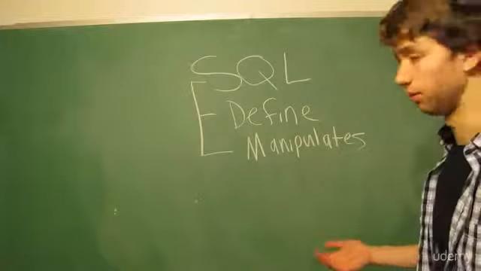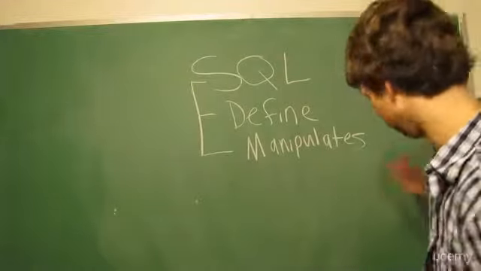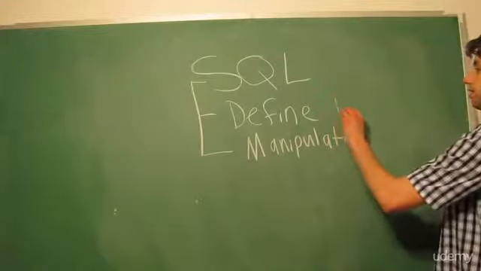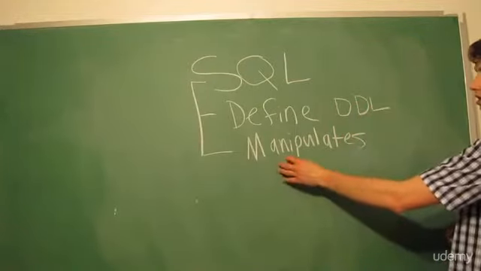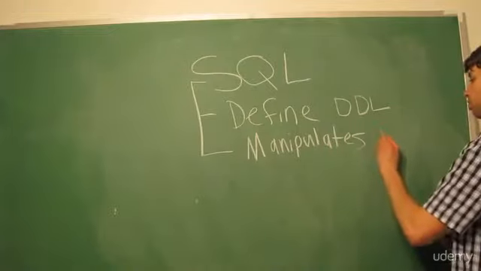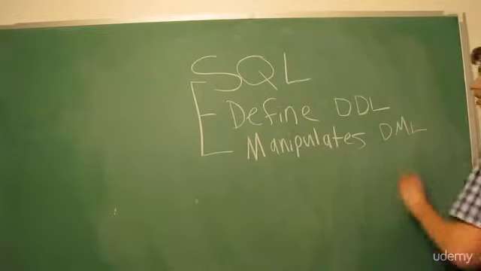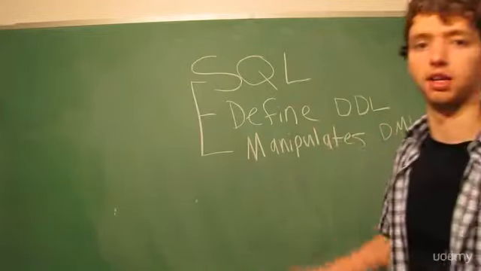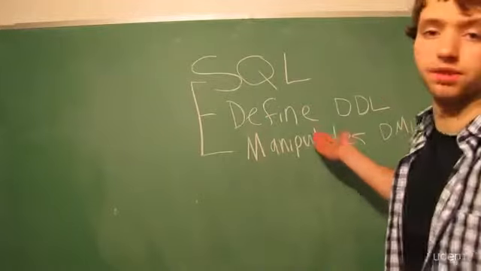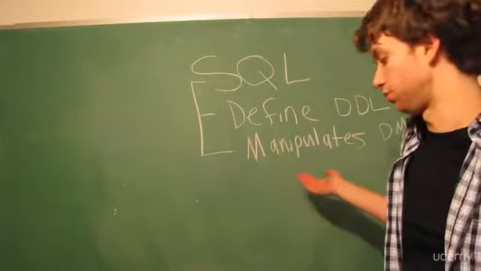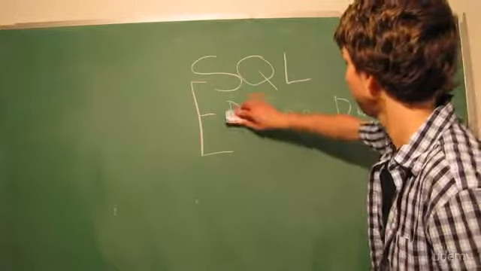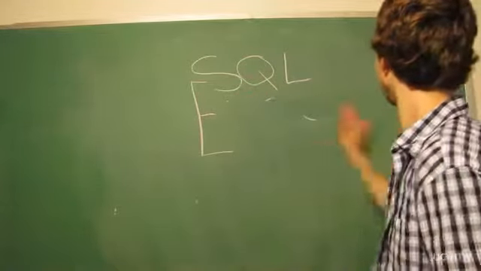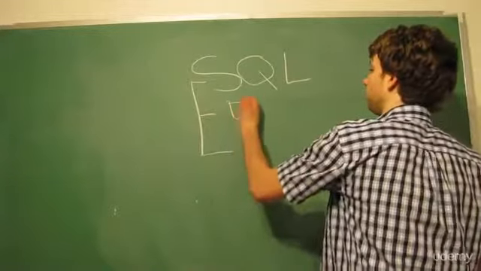We actually, for some reason, named these their own languages. So this is Data Definition Language, or DDL, and this is Data Manipulation Language, or DML. Some people may say there's more categories, but this is pretty much the main two. So think of it like this. I'm just going to erase this here now that we have this. We have DDL,